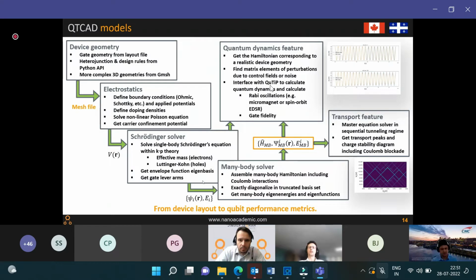Those basis states can then be fed into a many-body solver, which enables us to assemble the many-body Hamiltonian, including all the Coulomb interactions at the quantum mechanical level between electrons or holes inside the quantum dot structure. Then this many-body Hamiltonian can be exactly diagonalized within a truncated basis set, which enables us to get many-body eigenenergies and eigenfunctions for the structure. These are very important quantities because they enable us to calculate, for example, chemical potentials of the quantum dot, and they can be fed into